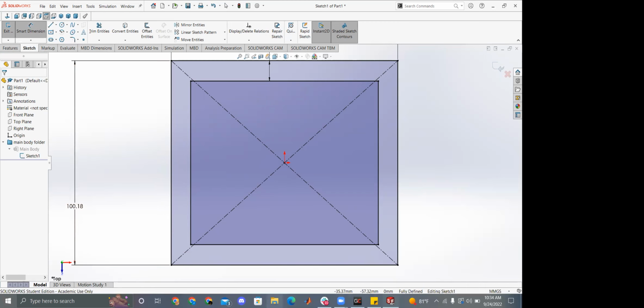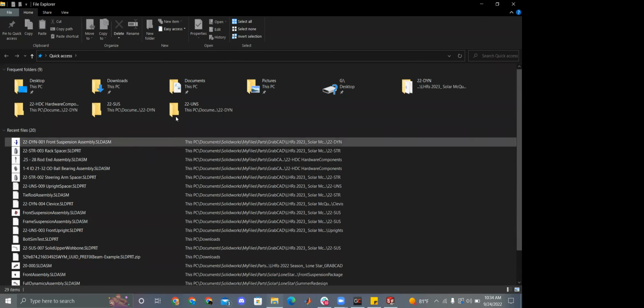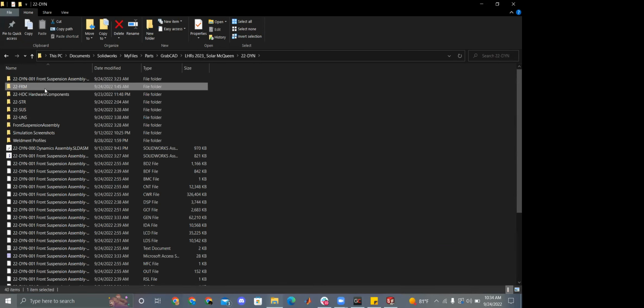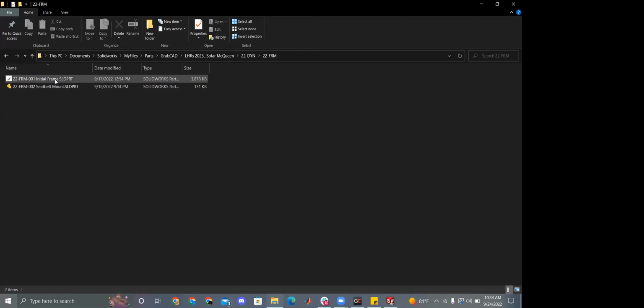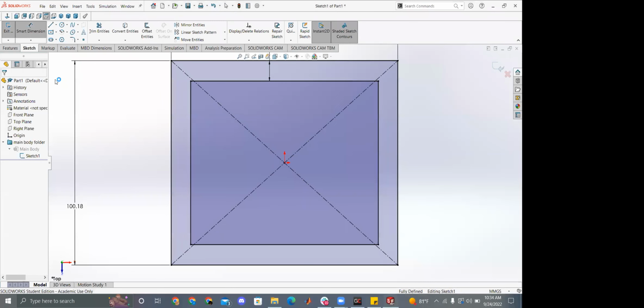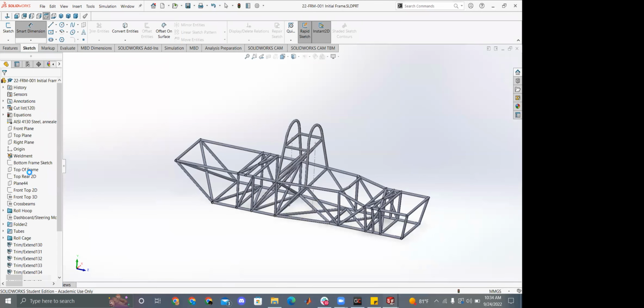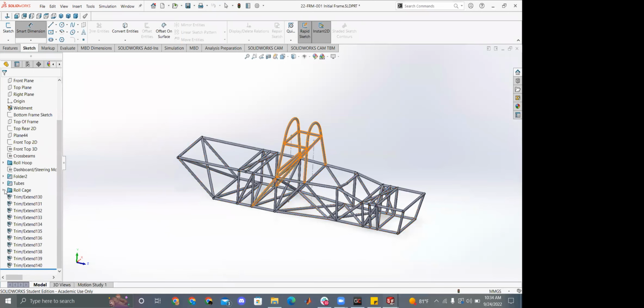I did want to give a quick example of why naming features and feature folders are important. Bear with me, this filing system is a mess. But if we go into frame, this is Nathan's frame. Nathan in the back is our frame lead. He did a very good job of putting things in folders and naming them. Don't click on tubes. Okay, most of the stuff, right? It's in folders, and